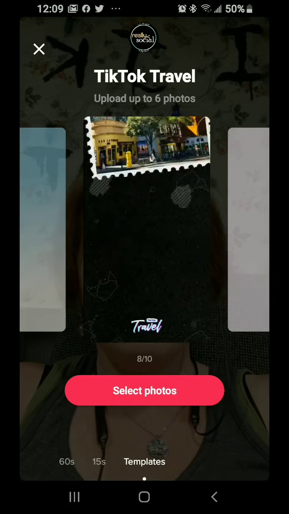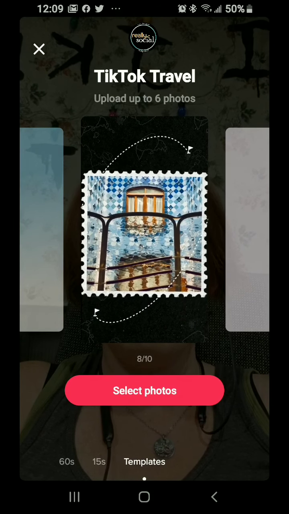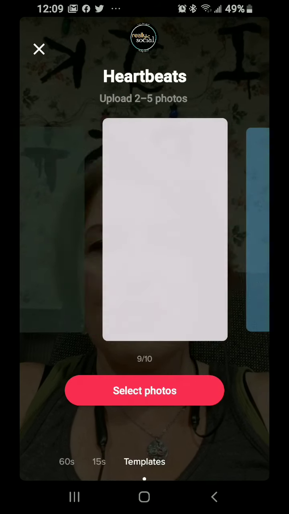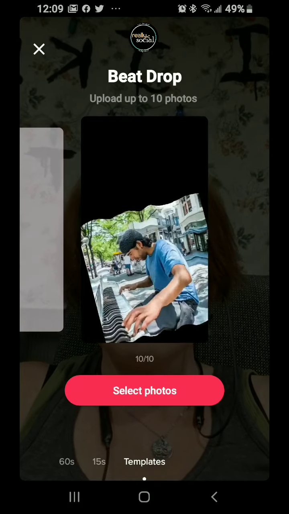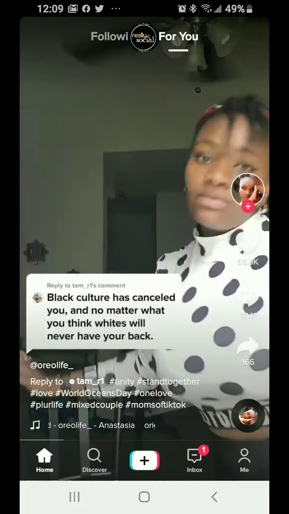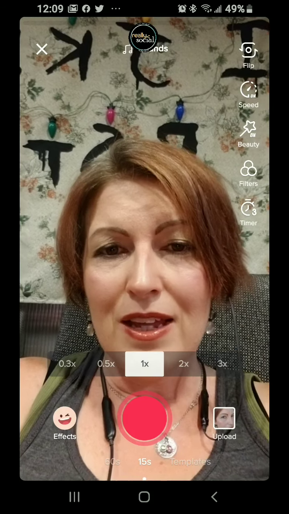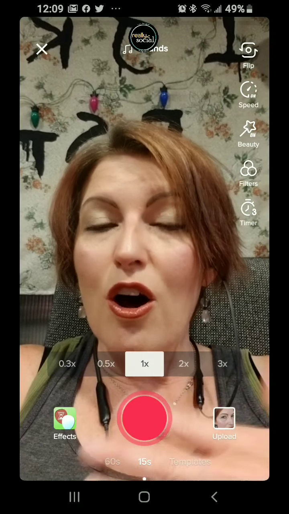That's pretty cool. And the sound effects you'll get on these will marry up with whatever you're creating. Up to 6 photos for TikTok travel. 2 to 5 for heartbeats. And beat drop up to 10 photos. Oops. Get back over here so you can see me. All right, and that is really lots to digest there, but those are all the features you have to create